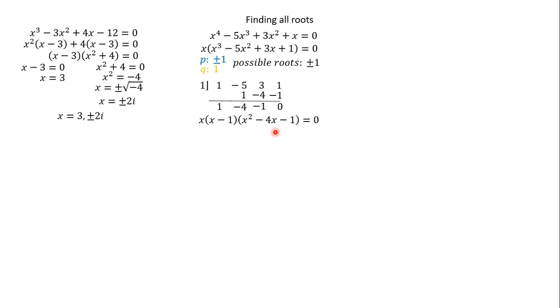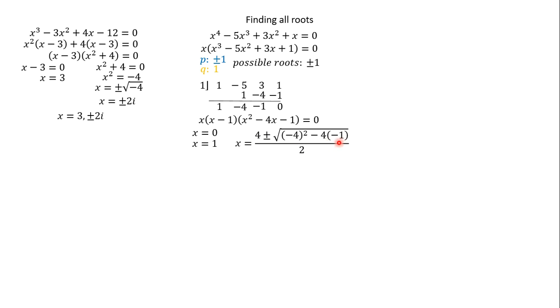Now looking at this, we could try and factor it, but off the top of my head, I'm not coming up with any numbers that are going to multiply to give me -1 and add to give me -4. So, quadratic formula. We can always use the quadratic formula with a quadratic. That's why we get it down to a quadratic, because we have other methods at that point. So x equals 0, x equals 1, or quadratic formula, plug in my b